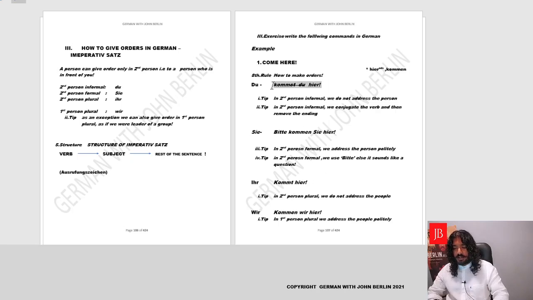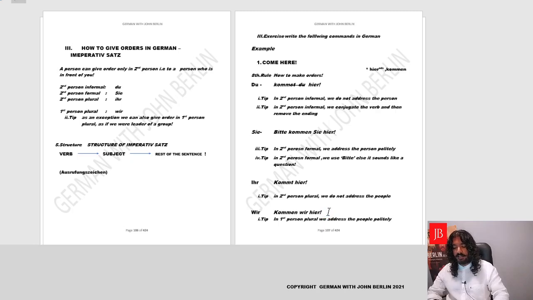In the first one, we conjugated the verb, removed the ending. Yes. And we did not address the person. In second person, we used the normal conjugation. We addressed the person, added bitte. In second person plural, we basically didn't address them and we conjugated the verb normally. Kommt hier. Fantastic. Now as an exception, let's say leader of a group, you say to your group, we come